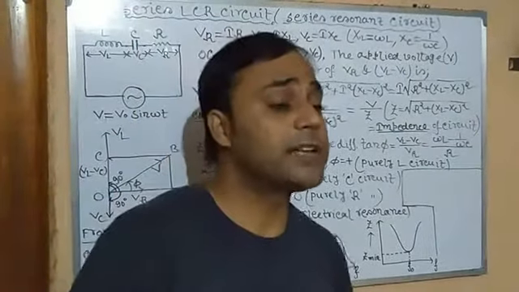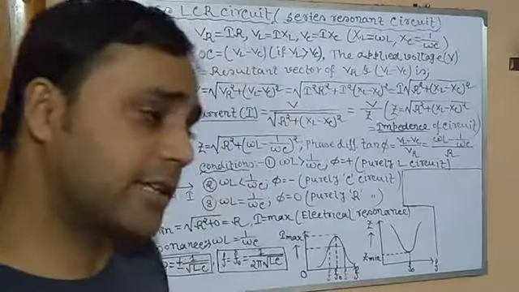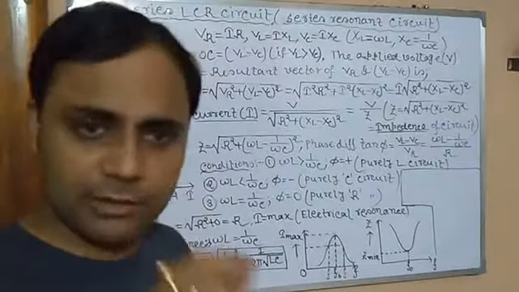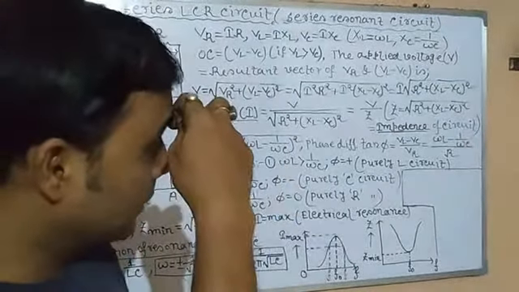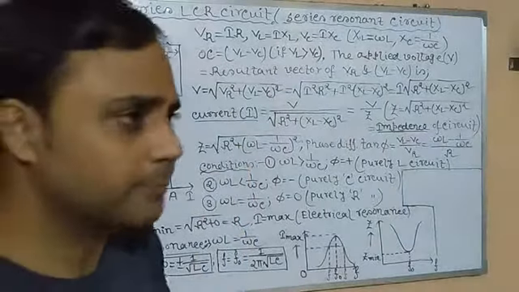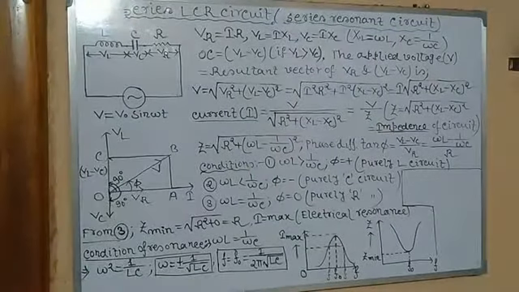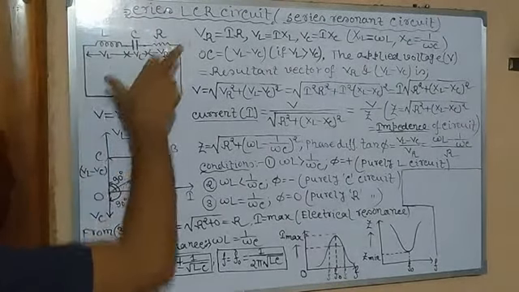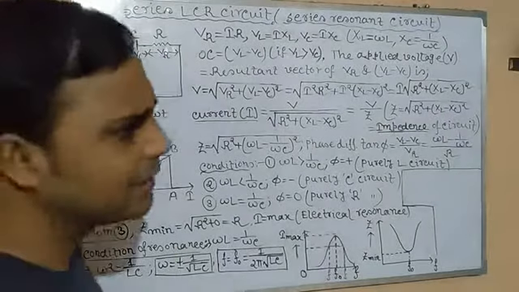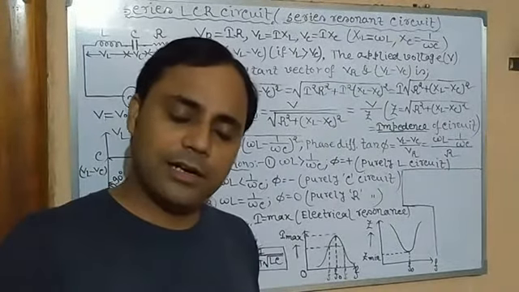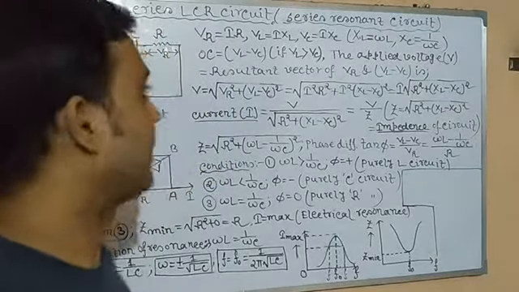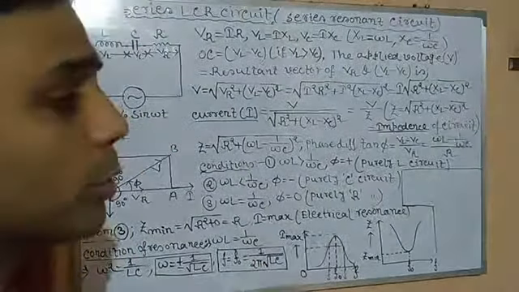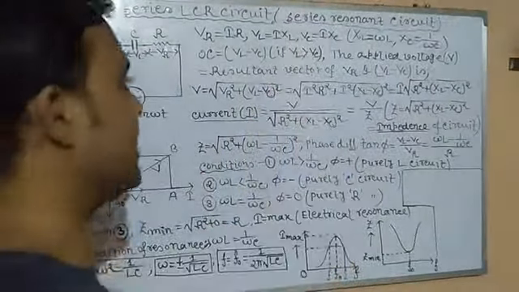Okay, and there is a special condition in which this series LCR circuit behaves as a series resonant circuit, which we will see in this video. Since it's a series LCR circuit, you can see the diagram. This is a single circuit where the inductor, capacitor and resistor are connected in series. That's why it is called a series LCR circuit. There is a parallel LCR circuit also, but the parallel LCR circuit or parallel resonant circuit is not included within the syllabus. So here we will discuss only the series LCR circuit and series resonant circuit.